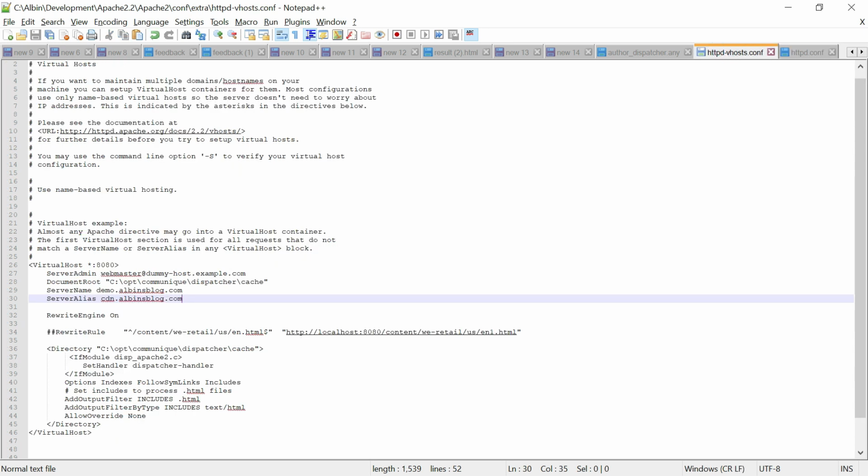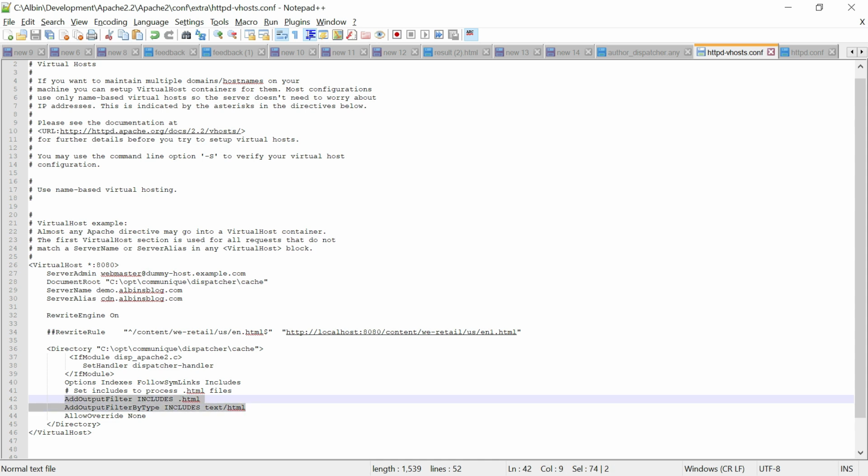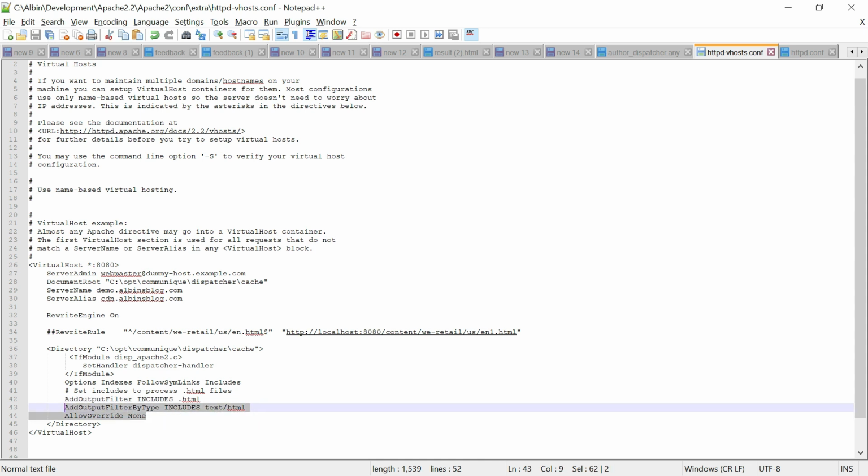Now the next step: I have a virtual host configured. Here, I just added this one line, Options +FollowSymLinks +Includes. Then I also added the output filter, includes.html. Maybe I did not show this one more configuration. I added this line also, AddOutputFilterByType includes. These both are the same, but in some cases, if it is not able to identify this with the extension, you can use this also. So both will serve the same purpose. Okay, so this concludes the dispatcher configurations.